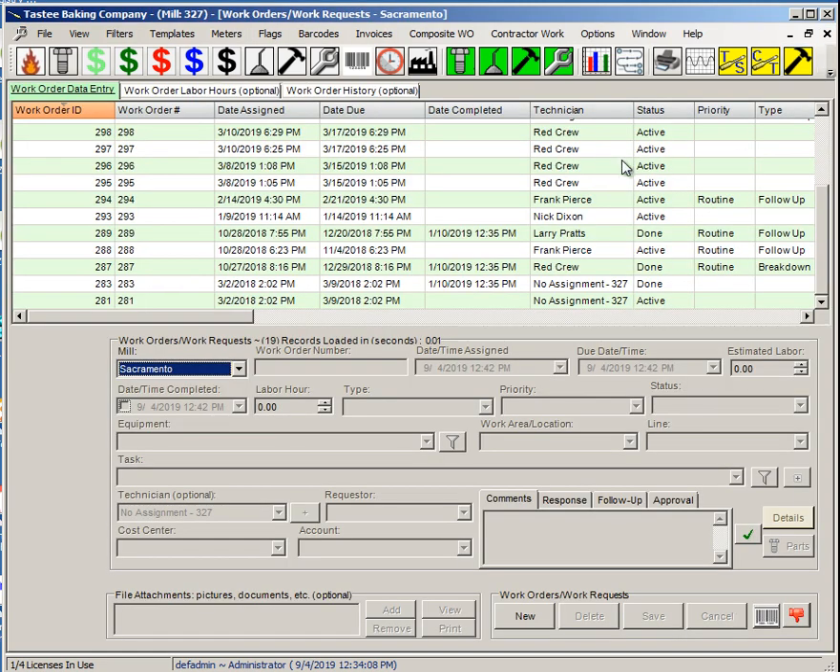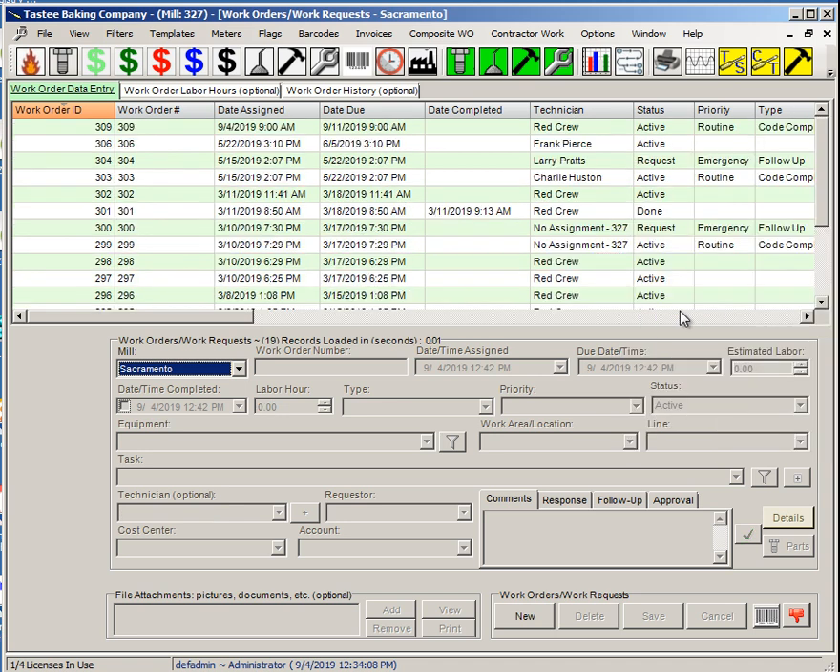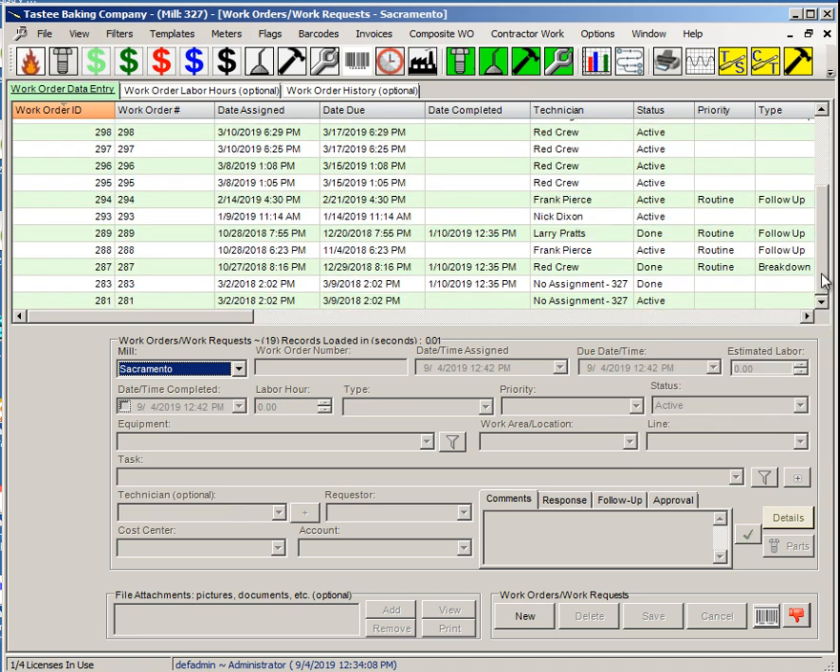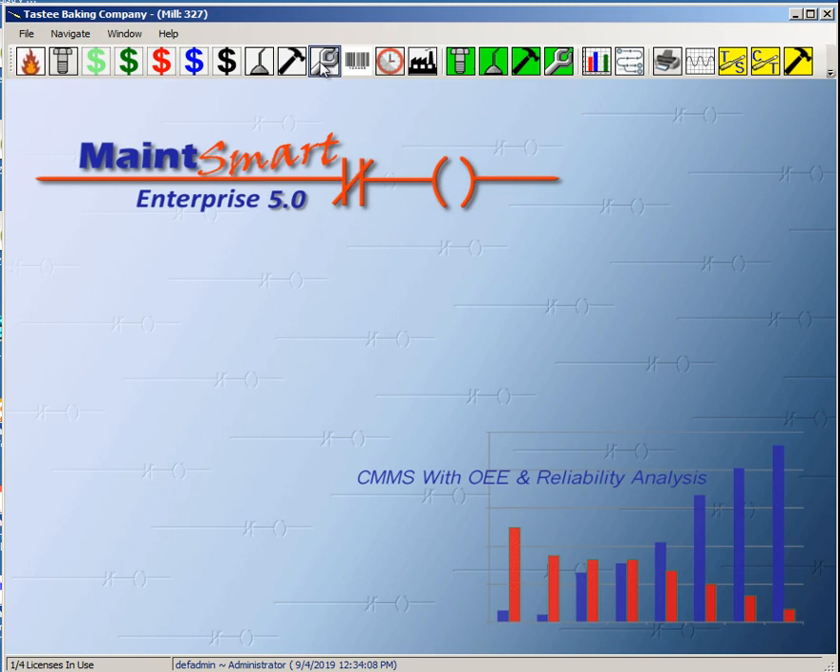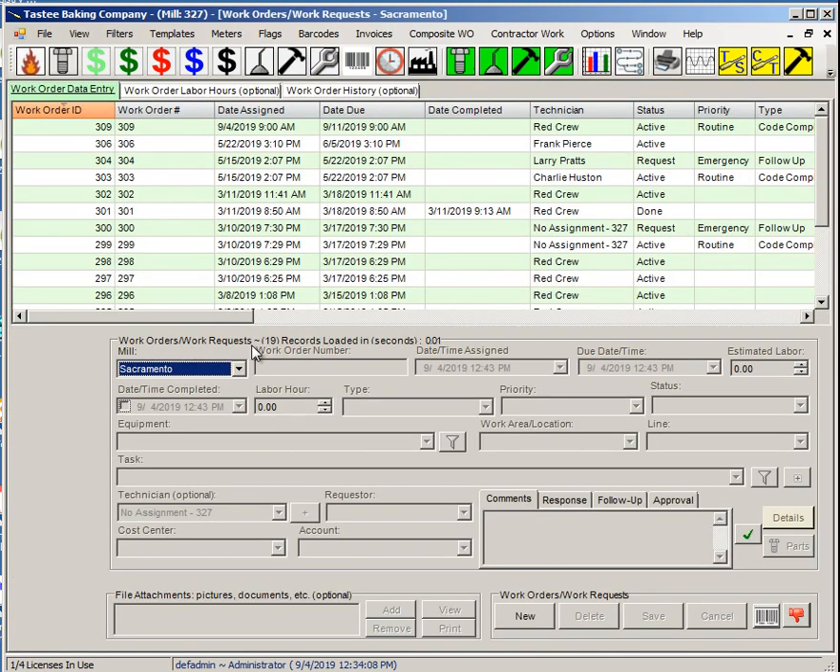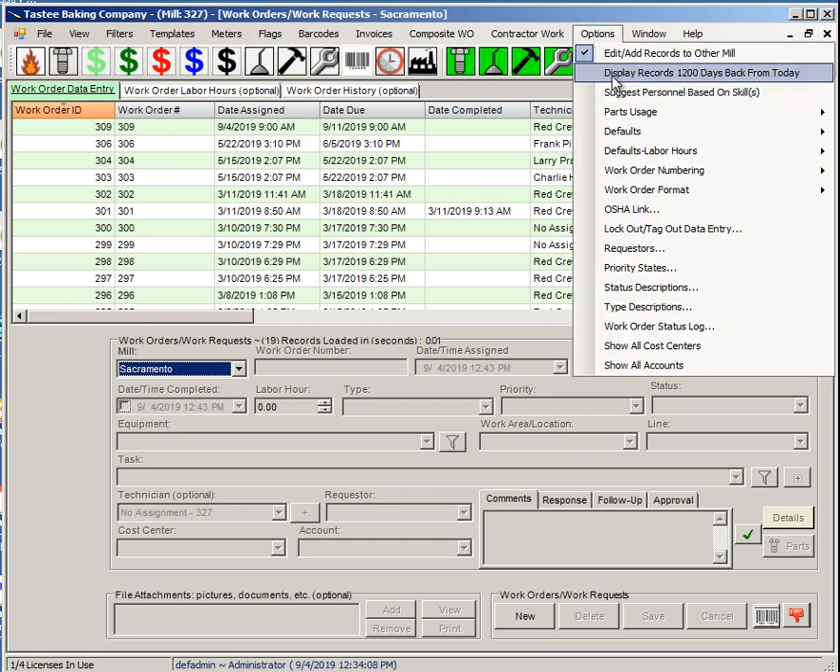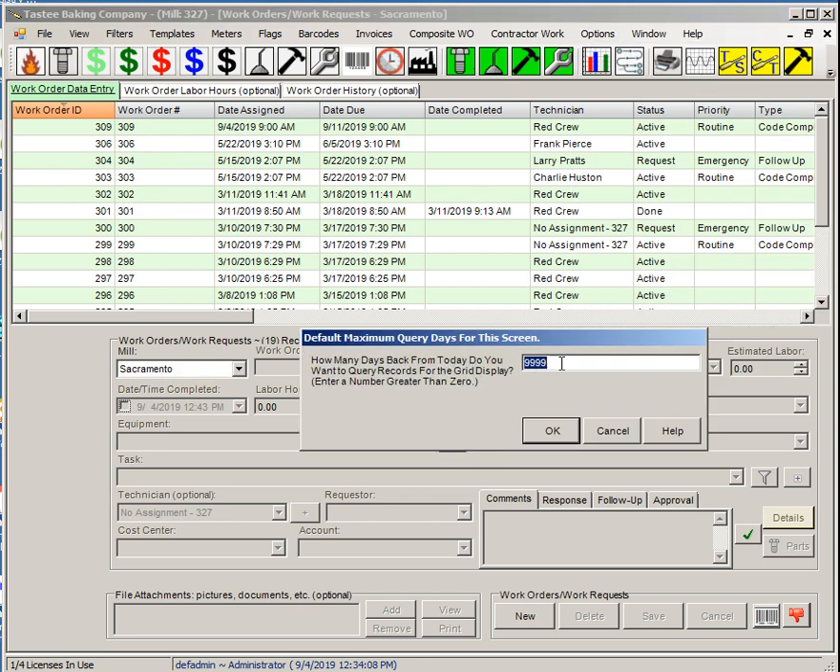So we come back here, and if I refresh this I should get more data. In fact, let me just close it and reopen it. Now I'm getting 19 records. The reason I'm getting 19 records is because the maximum query days is being overridden on the work order screen by me. I still have it set at 1200 here. Now I can change it to the 999, which it defaulted to,